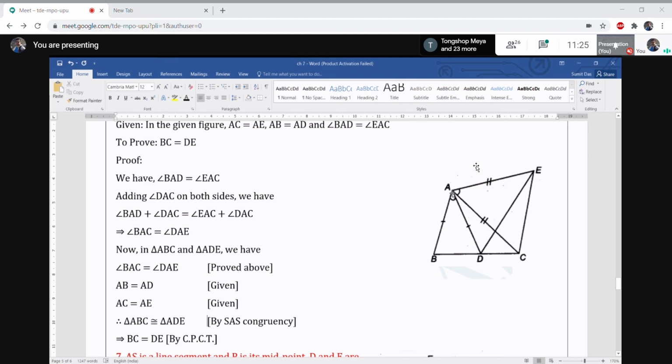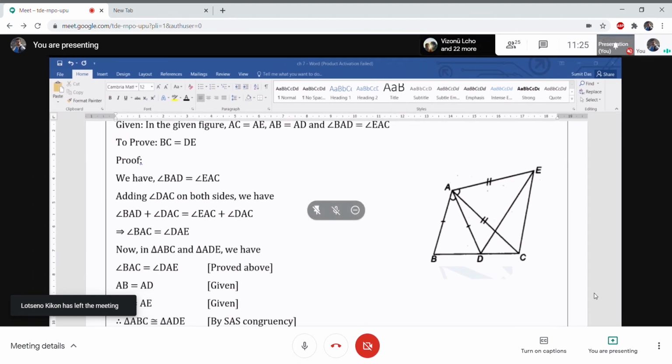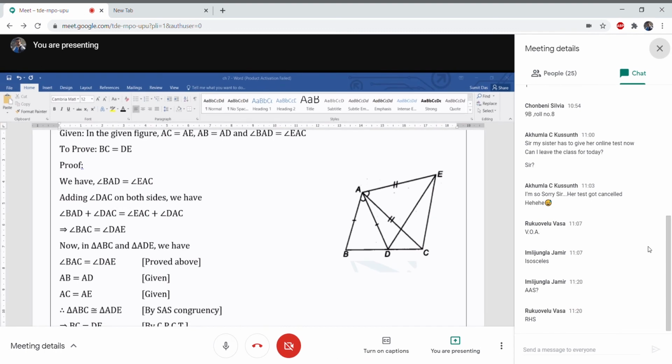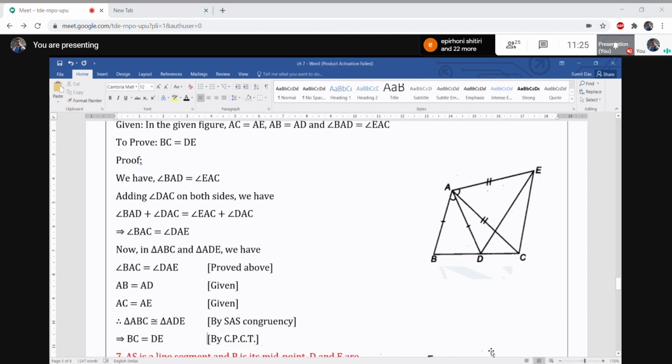By which congruency rule? SAS, because these two sides and the included angle are equal. Not RHS. I don't know why you're using RHS. This is by SAS. You can also use RHS because you already know this one, but for now we have not learned the RHS formula yet, so I'll still use the given formula. So ABC and ADE are congruent by SAS congruency,